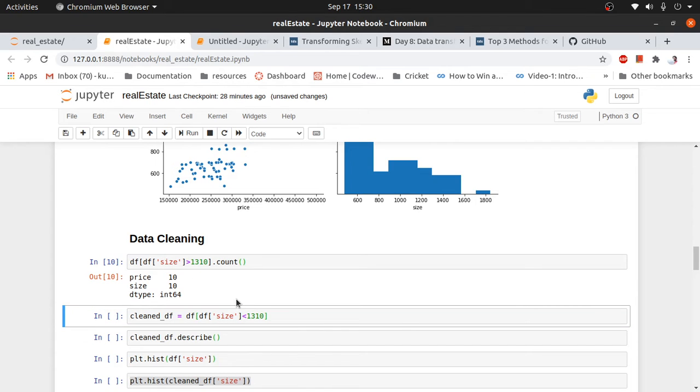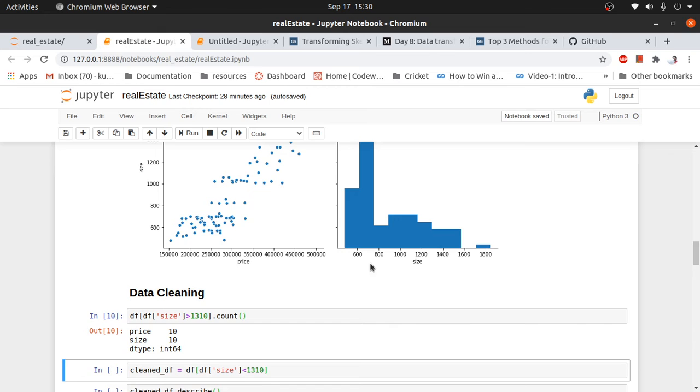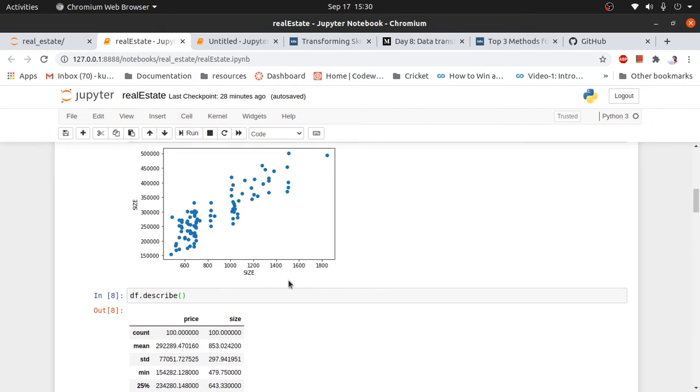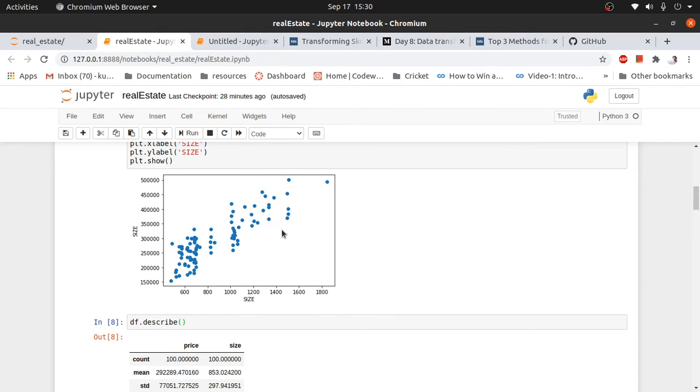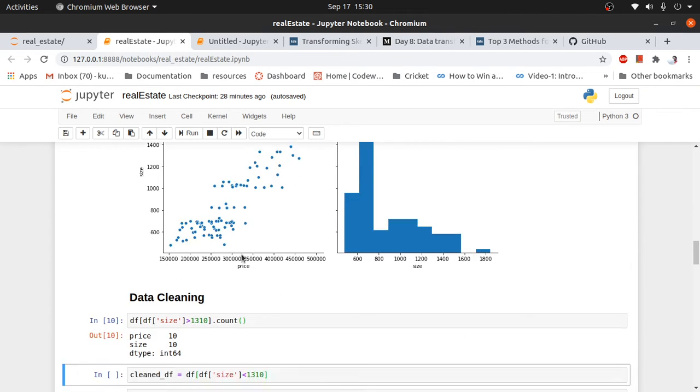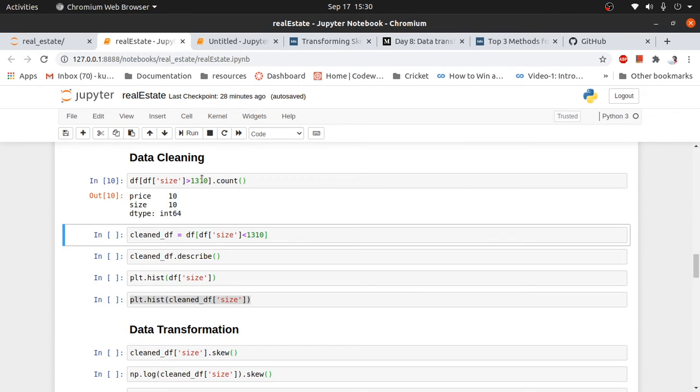I selected 1310, since only 10 samples were greater than 1310. So I decided to create a clean data frame with only the data points less than 1310.